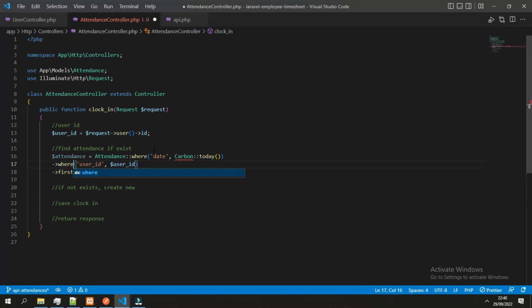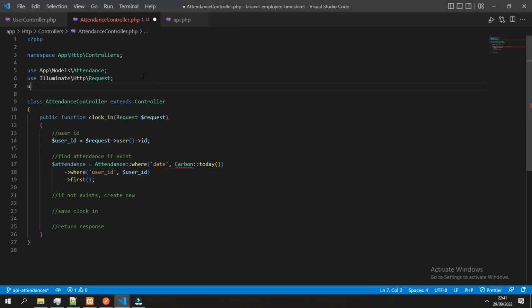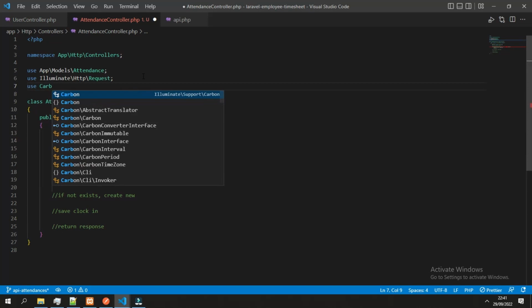Should be where. Now we need to import the Carbon class first, which is Carbon.